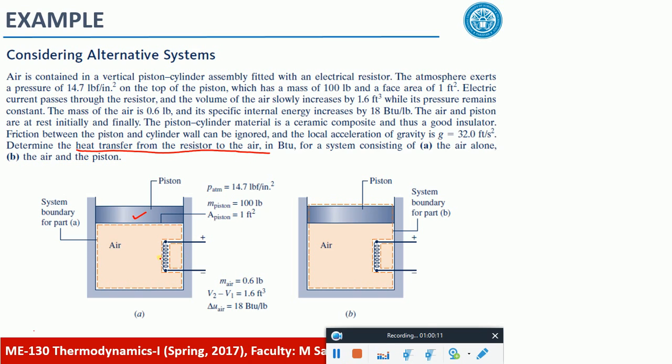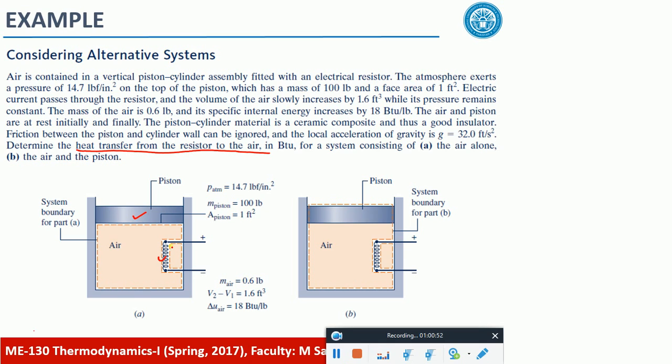Then if you look at this electrical resistor, obviously that electrical resistor would be giving heat to the system. So that's how you can distinguish how that system, which is demarcated by a dashed line, a control surface, has its work interaction and energy interaction with its surroundings. Do you understand that? The piston will be a surrounding, sir. Yes, obviously the piston would be a surrounding. This is the resistor, not the piston.